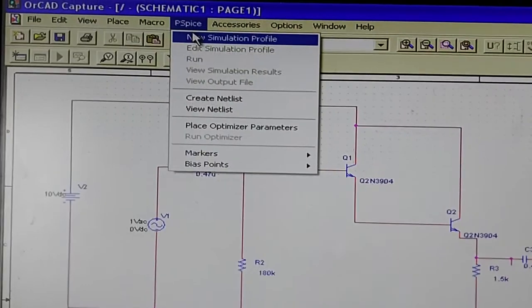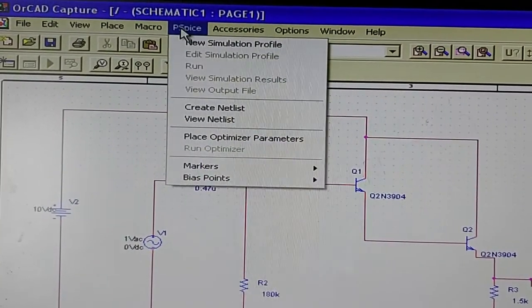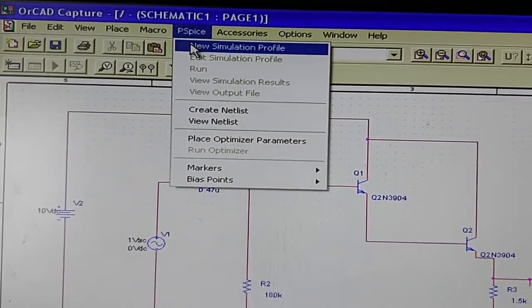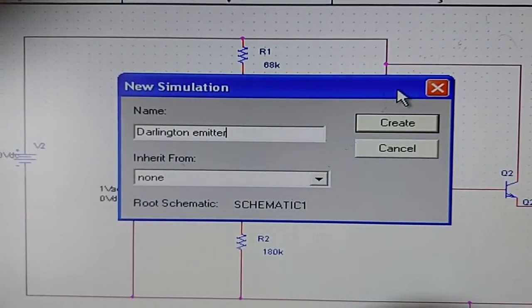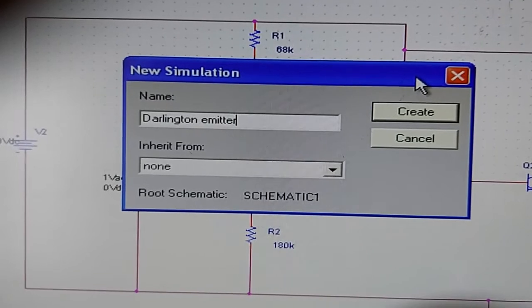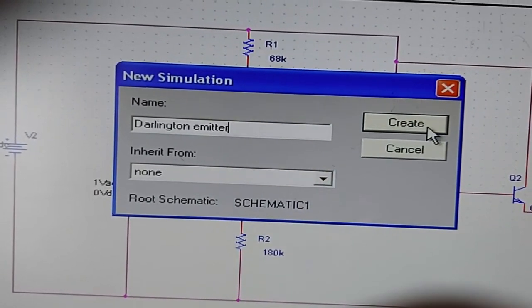To perform the simulation, select PSpice and select new simulation profile. A pop-up window comes like this, and you type the name of the experiment over here and click create.